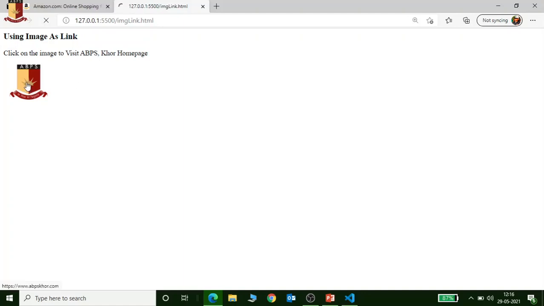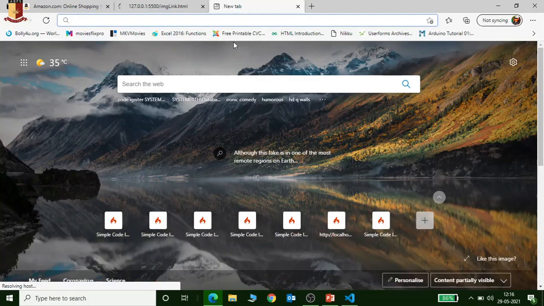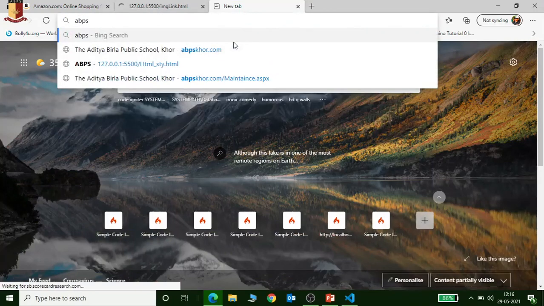Move back to the page. Now click it. Okay, it's taking time, maybe due to a slow internet connection. It's opening. Let me search in another tab, abpscore.com.